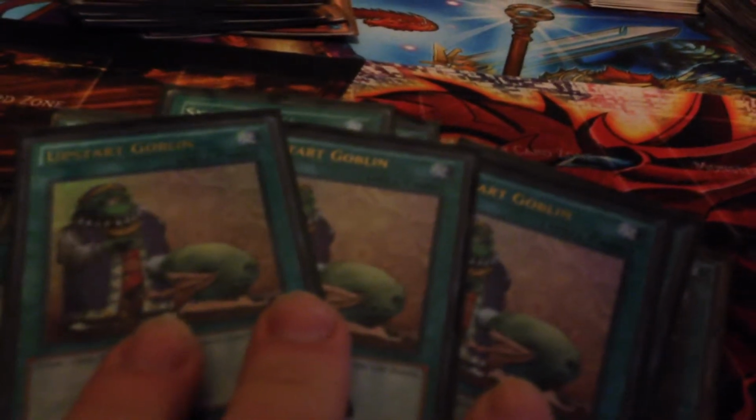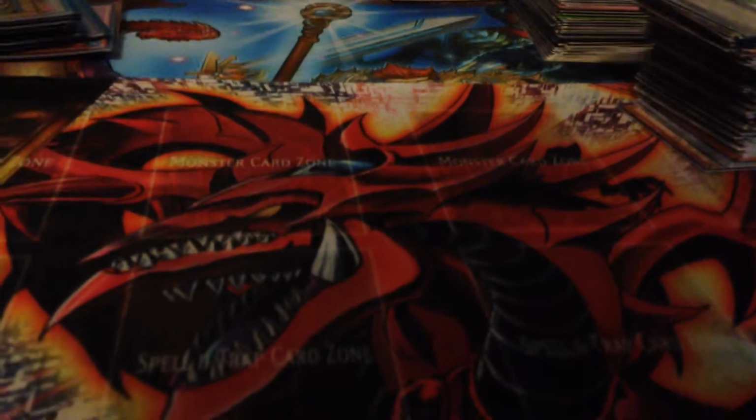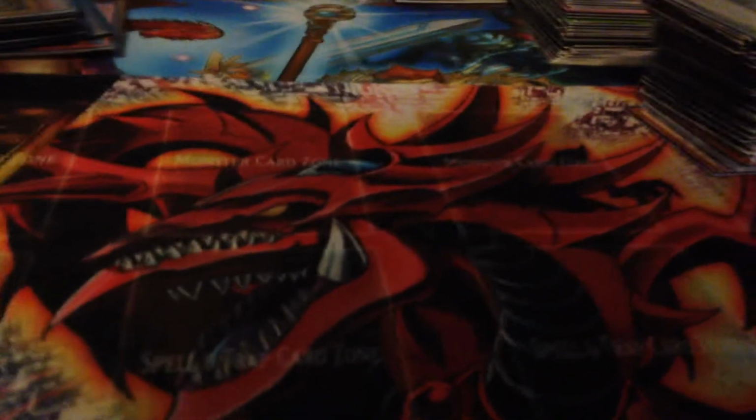And then I played 2 copies of Trade-In, and then 3 copies of Upstart Goblin, which is really good because the Upstart Goblins were one of my first choices to side out, which was pretty good, and it makes the deck so much more consistent too, which is nice. And that concludes the main deck, and then going into the extra deck,